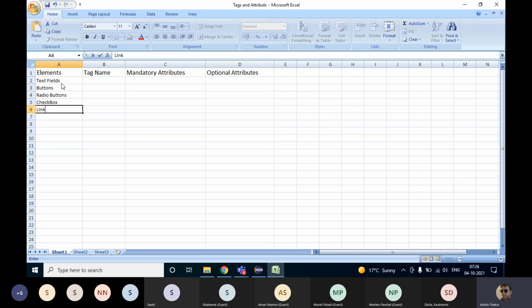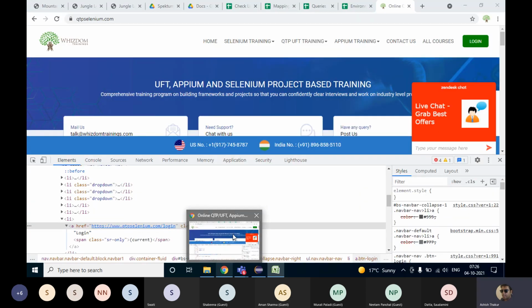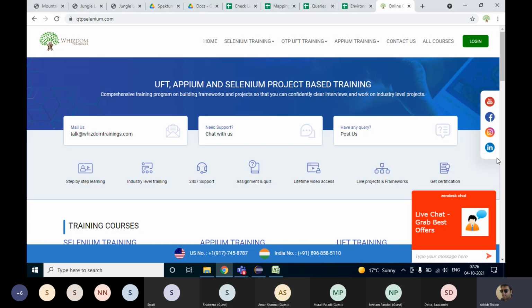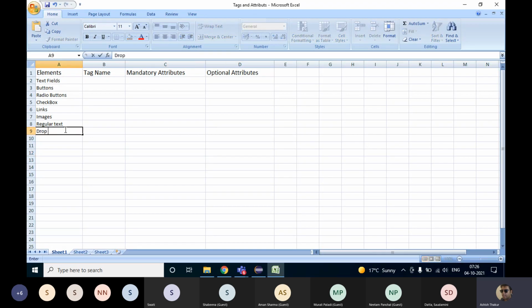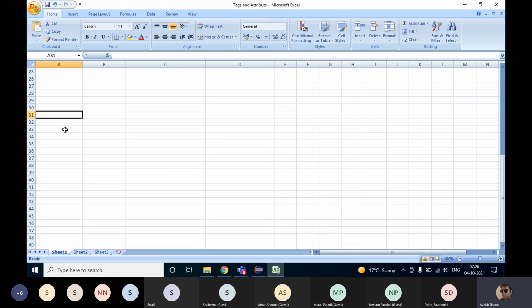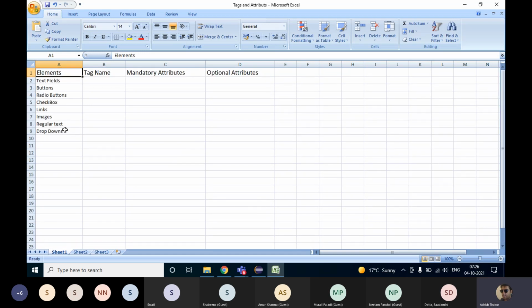You have links on a web page, images, the regular text, the normal text which is written on the website. Okay, you have drop downs.